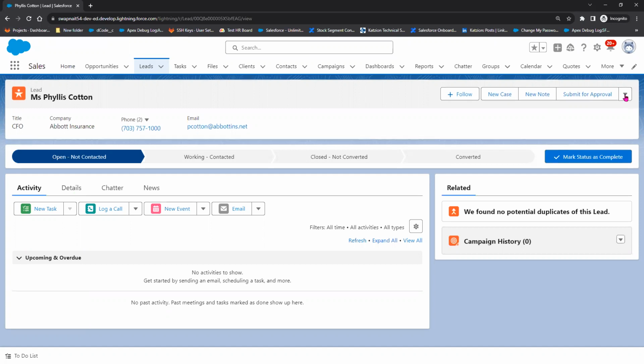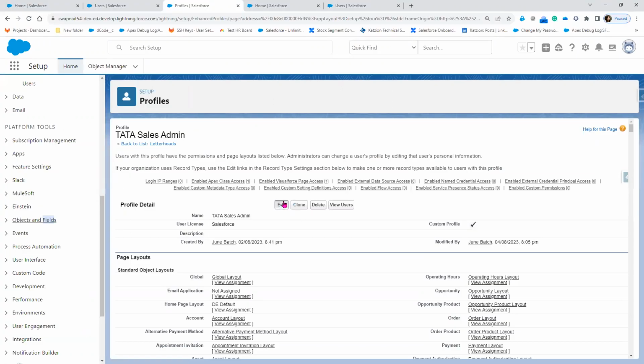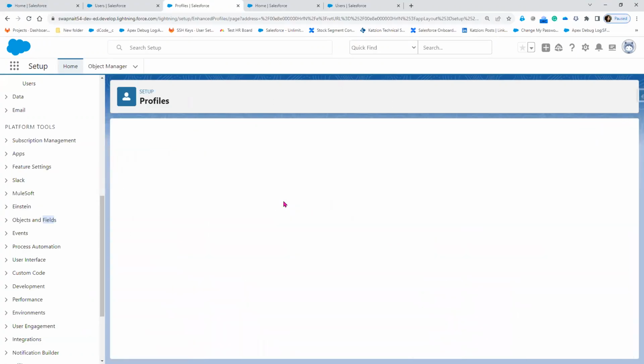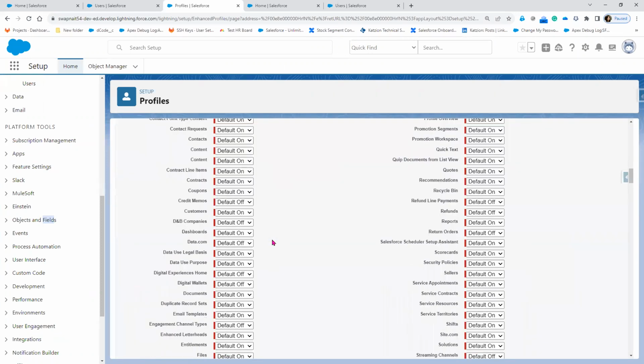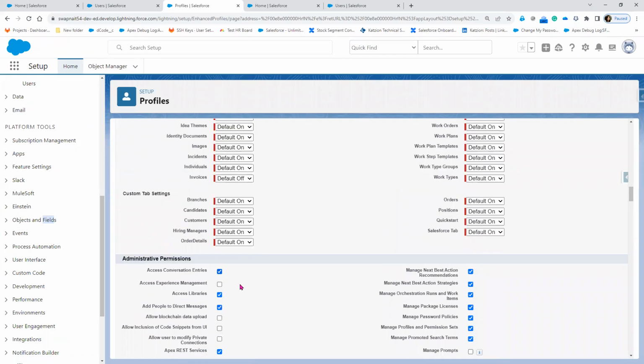Now, if I go to this, I cannot see the convert button. The convert button is not available. So these are a couple of things we have to cross verify. If we want to restrict at the complete org level, then we have to go to either the administrative permission or